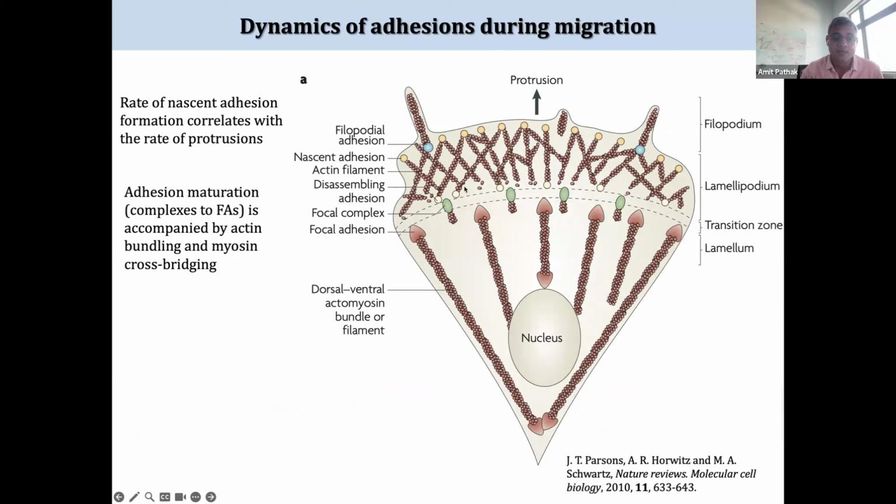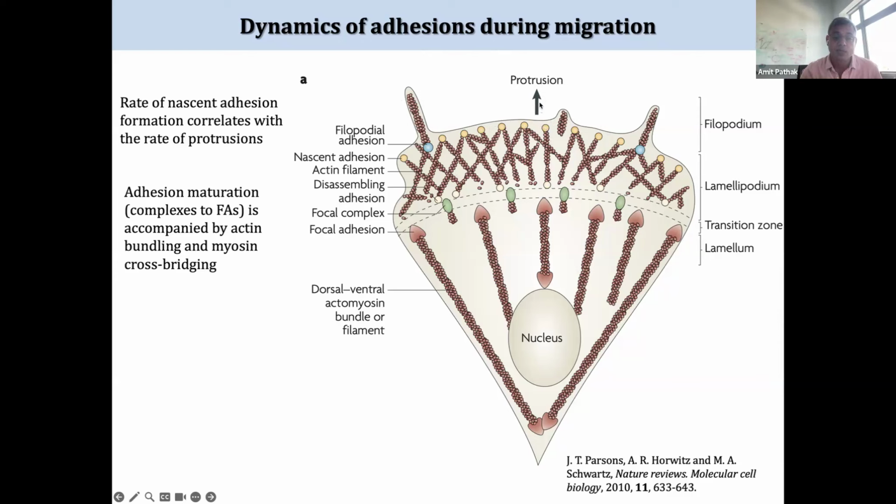Even in this migrating cell, at the front there are protrusions driven by actin polymerization, but there are hardly any adhesions, just very tiny nascent adhesions, because actin polymerization is the main thing that needs to happen. At the same time, there need to be little adhesions underneath it, otherwise the cell will just be floating and go away. So here you need very small nascent adhesions that can be turned over very quickly